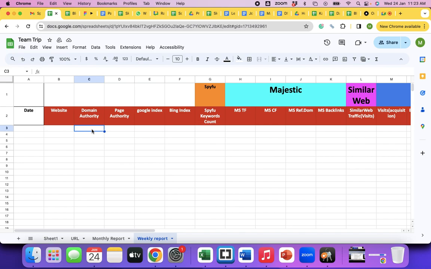Domain authority. See, Google has its own measure. Google doesn't care how much is the most domain authority. Most of you might know domain authority, and people started studying that as a metric. There's no page rank, right? And now people are not really keen to understand how crawl frequency gets improved. All they try to do is make their domain authority the highest. They'll start getting behind that number, domain authority.